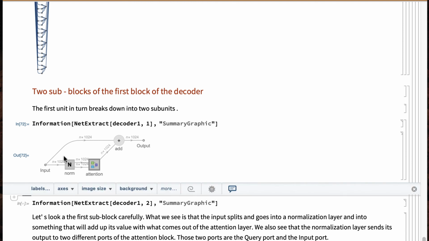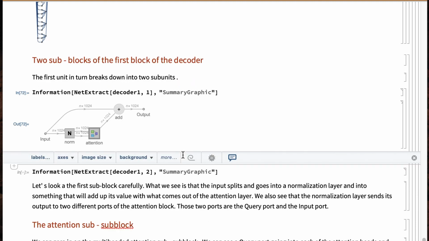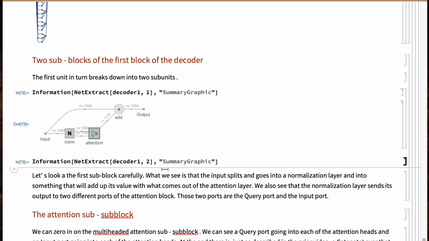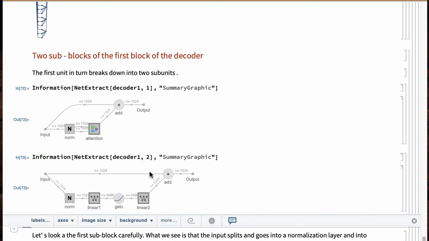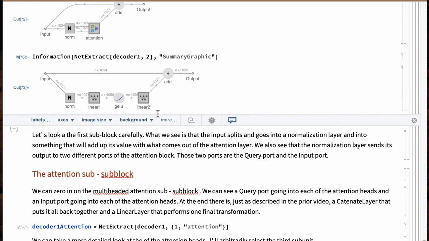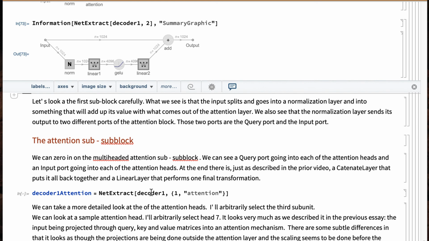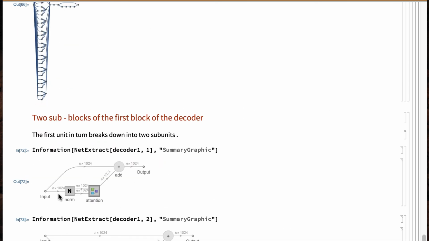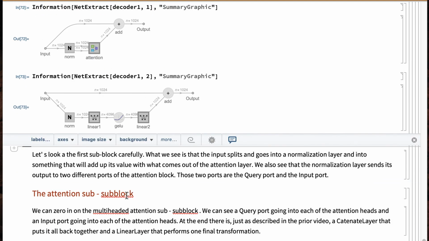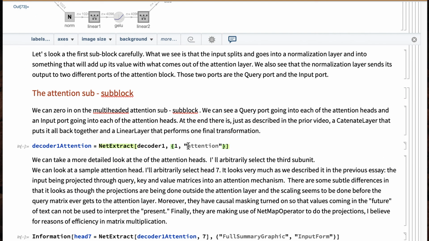This is a big picture diagram of what's going on in that first block. And then this is a big picture of the much less complicated thing that's going on in this second block. I want to focus our attention here because this is basically what we talked about in the prior video on attention layers. And so let's actually go look. You notice that it talks about how there's a norm chunk and an attention chunk. Let's go grab the attention chunk.